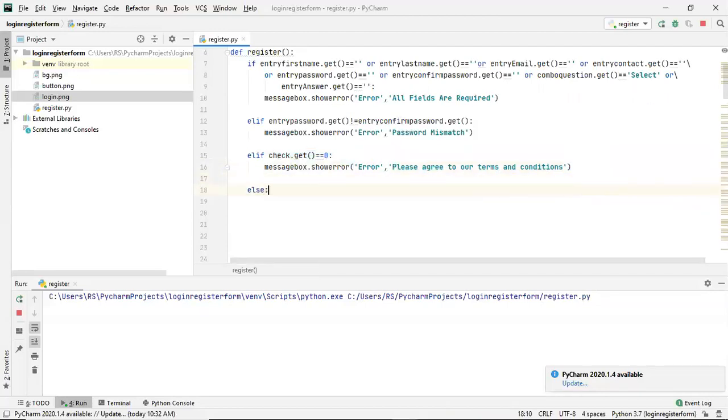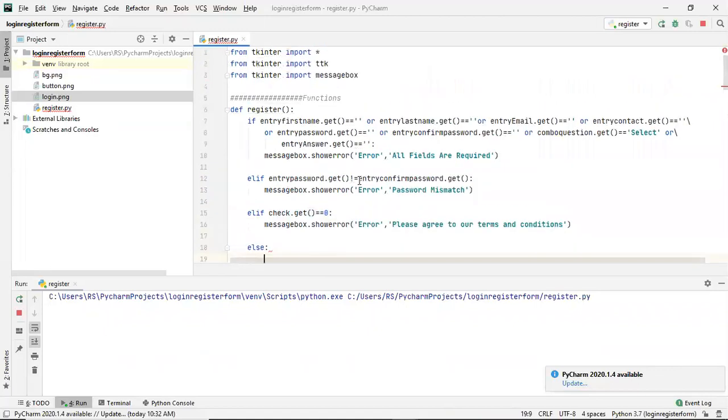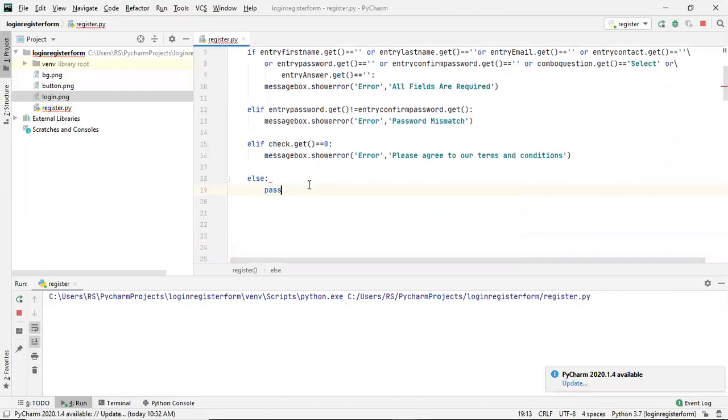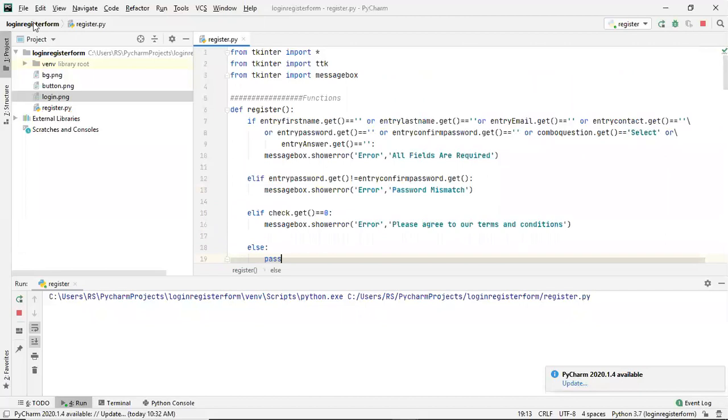else part. Okay, inside this else, now we are going to connect with our database. So for connecting with our database, we require a driver here. That driver is known as PyMySQL. So how you can load that? For right now, I'm just going to pass it. So how we can download that module which will be required to